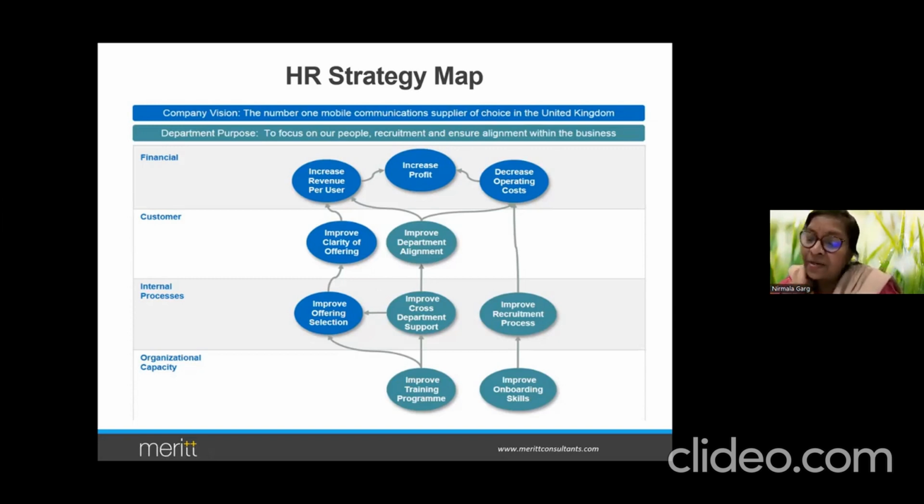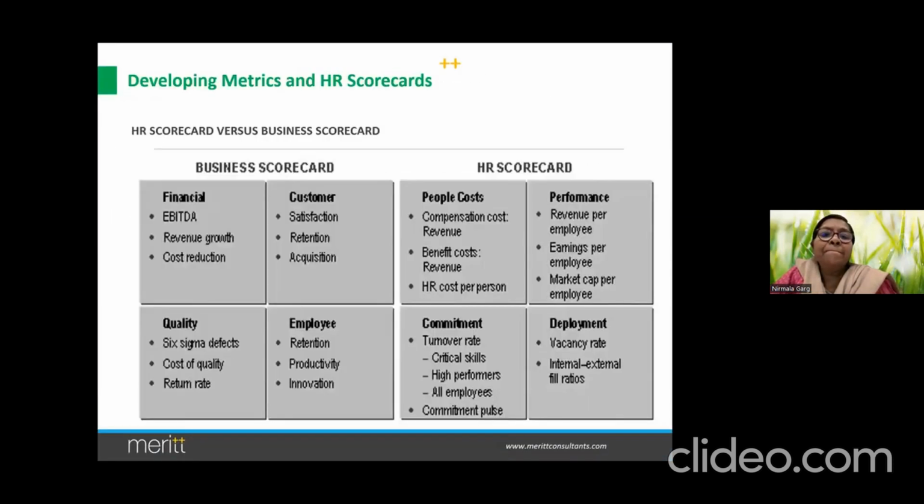But having said that, you don't have to get into a strategy map. Whatever you are doing, have clarity on that. Because that's where we are going to do a little more work on how you will develop those metrics. Metrics are very, very important. Measures are important for your analytics. So we will be looking at all the metrics. Let us just quickly run through them.